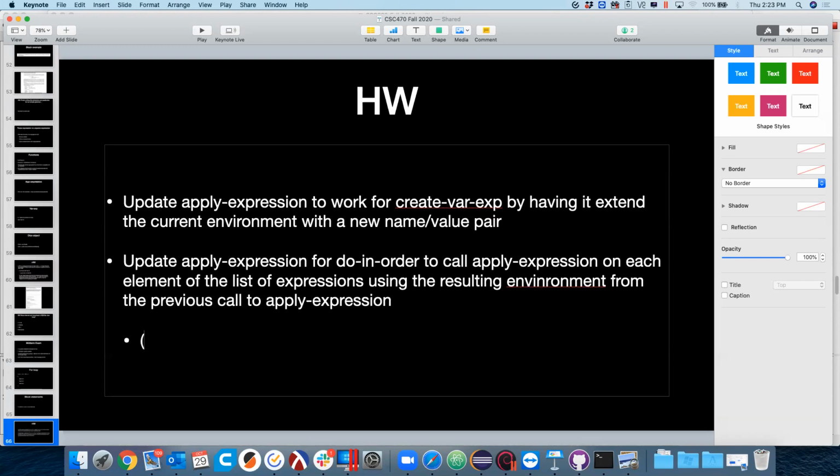What I mean by that is if I say do in order